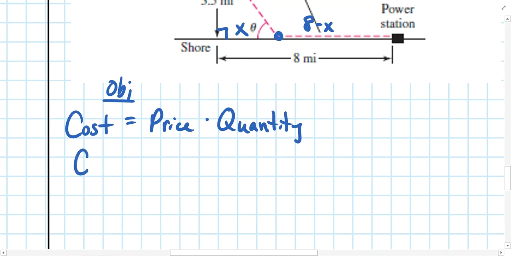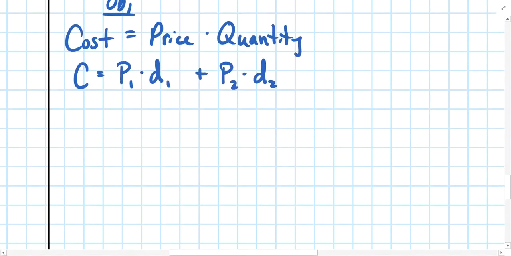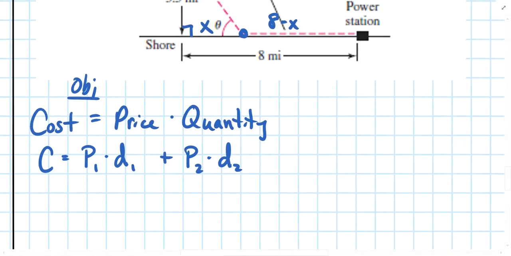So in this particular case, our cost is equal to some price along the shoreline, burying this cable in the shoreline, based on price times some distance or length that's being buried on the shoreline, plus some different price in the water times our distance in the water. So our objective function really is a combination of two functions themselves, two price times quantity calculations. As far as our constraints go,